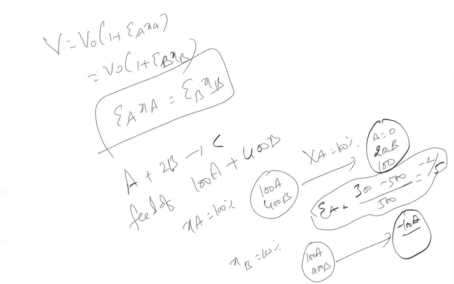Then what is B? B is 0. If 400 B is converted, how many C formed? 200 C formed. Then what is my EB? How many moles finally? 100 minus what is initially, 500, divided by 500, which is minus 4 by 5. This is what is EB. So this is how you can solve EB.